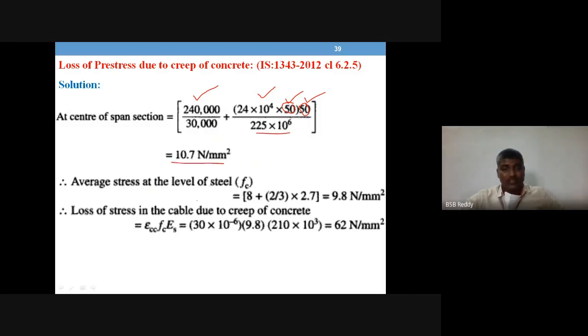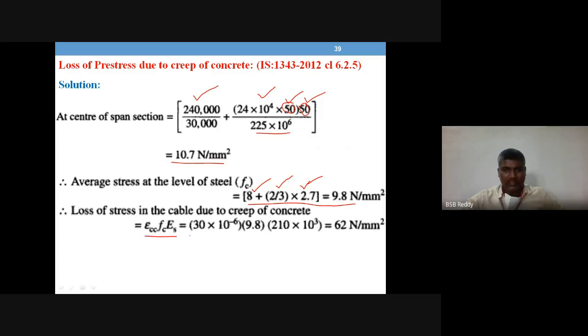So average stress you have to get because the cable is parabolic. So P by A, that means 8 plus 2/3 of the difference of support section and center span section values. So always remember, if you have a parabolic cable, go for average stress, so it is 9.8, and loss of stress due to